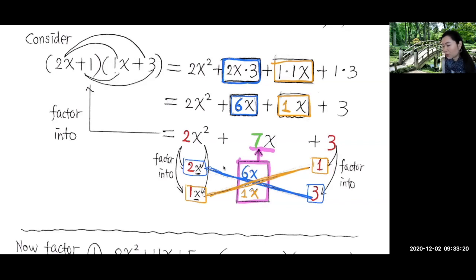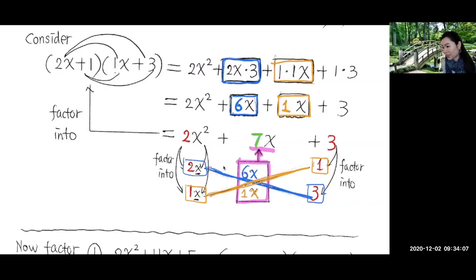So when you try to factor that, you factor the coefficient for the x squared into 2 times 1, and the last number term, 3, into 1 times 3. So you know that the first and last terms are going to work, but you want to make sure the middle term also works. The way to check that is you cross multiply and sum. 2 times 3 makes 6, and 1 times 1 makes 1. And if they sum up to this 7 in the middle,